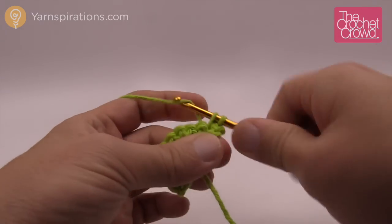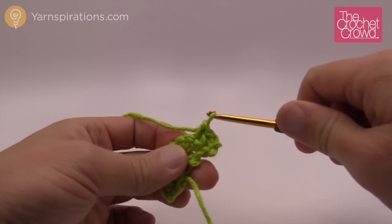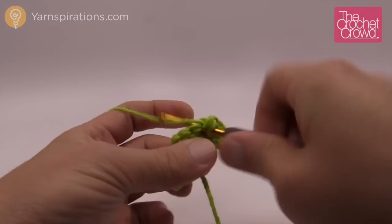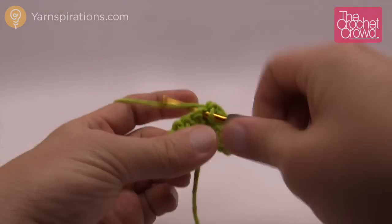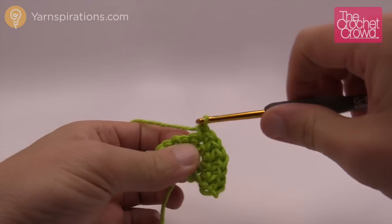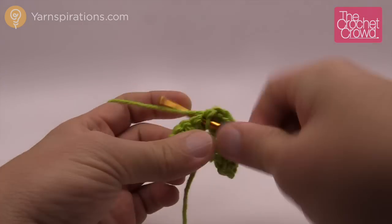The same stitch underneath, and then the next one is going to be 1. So the repeat pattern going all the way across is that the next one is going to have 2 single crochets, and then the next one will have 1. Okay, so the next one is 2 single crochets, and the next one will have 1. Keep doing that all the way across. So the next one is 2,